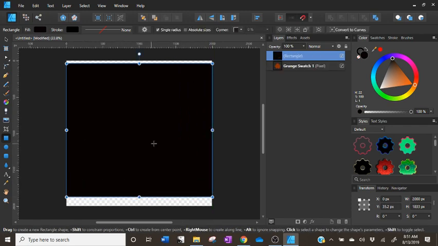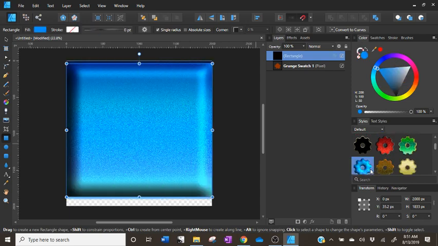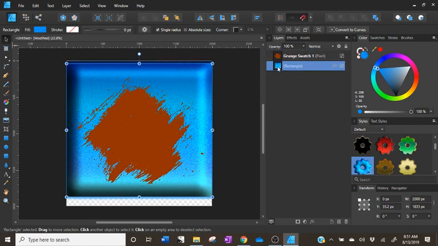Select our rectangle tool, create a rectangle, and then choose one of these preset styles. So this blue 3D one's kind of fun. So I've applied this texture to the rectangle, and what we're going to do is nest this underneath our swatch. So if we just click and drag this in the layers panel below the